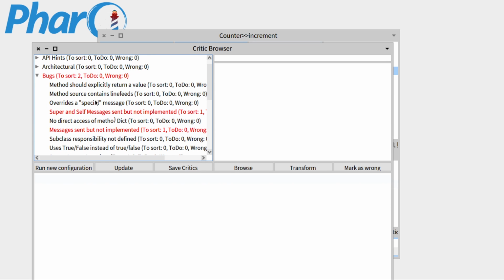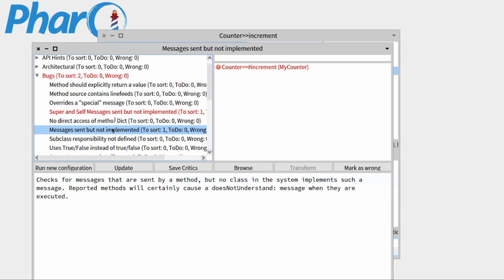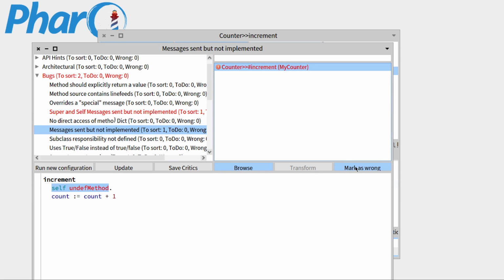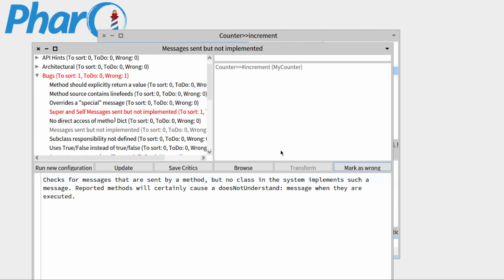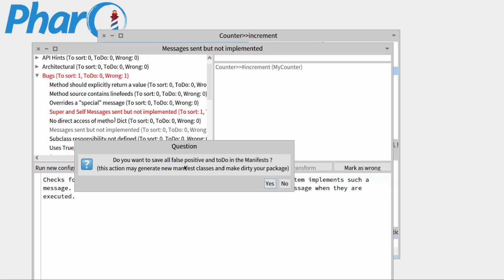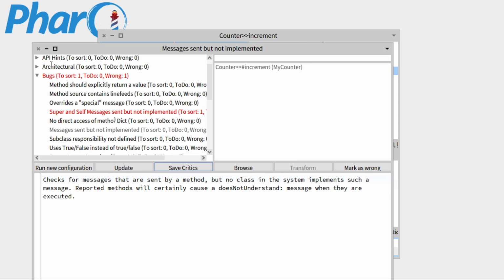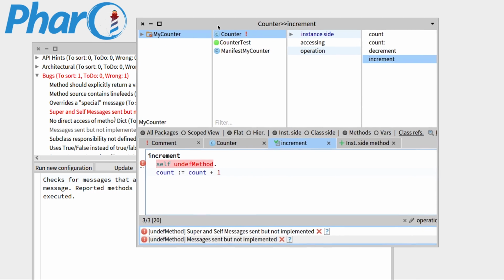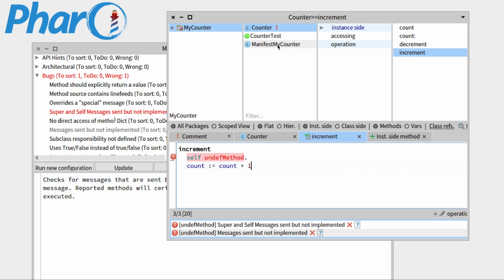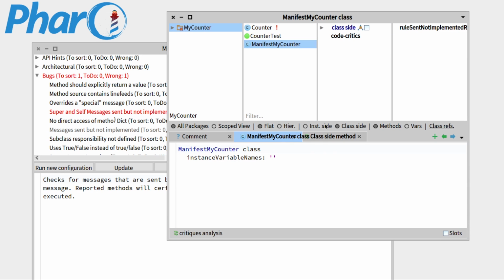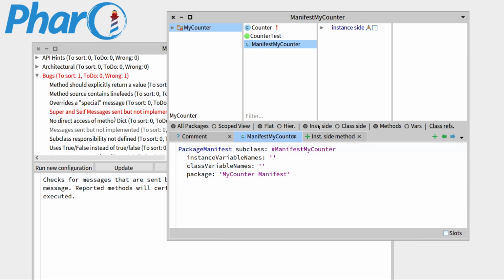And a thing you can do that's really nice is that if you know that this is a rule that's wrong for your package, you can simply mark it as wrong. So that's basically a false positive. So you can mark them as wrong, and then you can save those critiques. So if you save them, do you want to save all false positive into yes? So it will create a new class in your package that's called manifest my counter that basically holds all the false positive and things that you stated in the critiques